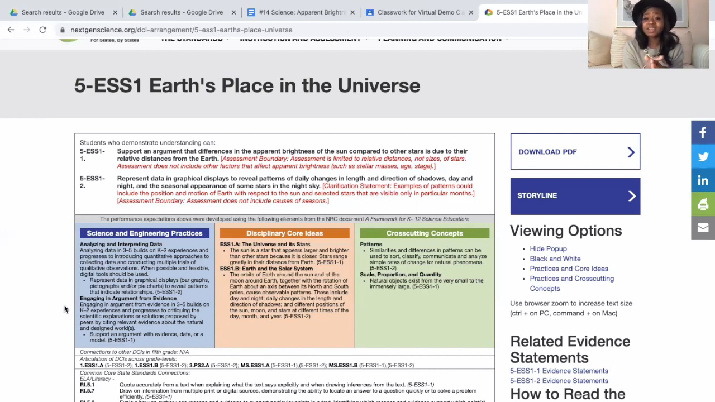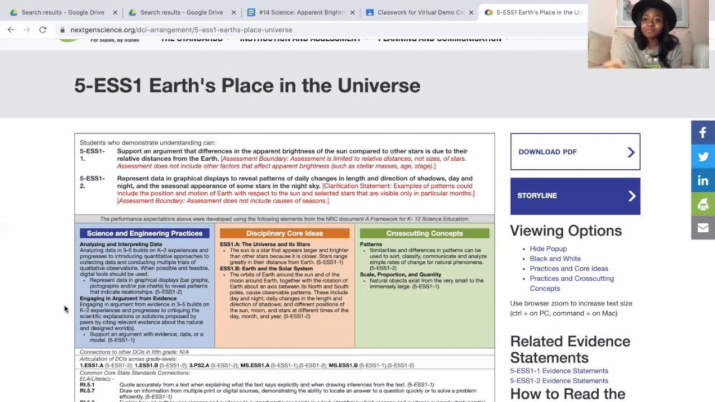The cross-cutting concepts that this performance expectation hits on are patterns, and scale, proportion, and quantity. So for patterns, similarities and differences in patterns can be used to sort, classify, communicate, and analyze simple rates of change for natural phenomena. And then scale, proportion, and quantity: natural objects exist from the very small to the immensely large. And the students are able to get a sense of that, especially as they learn more about how the sun is